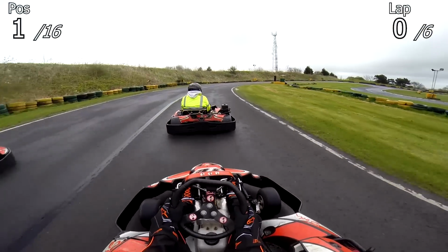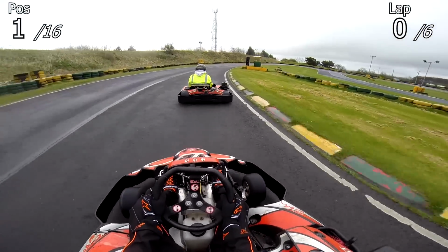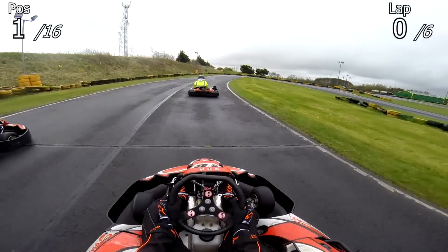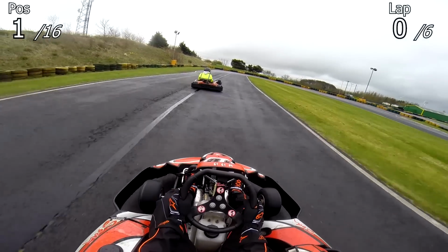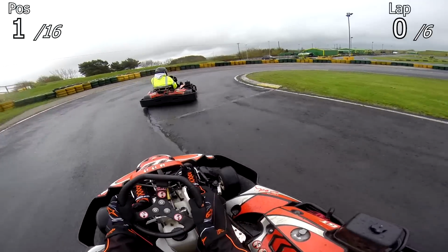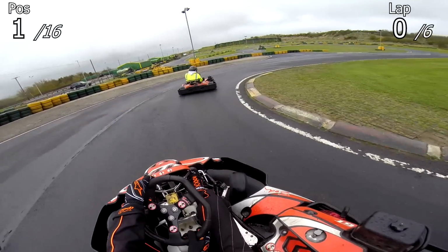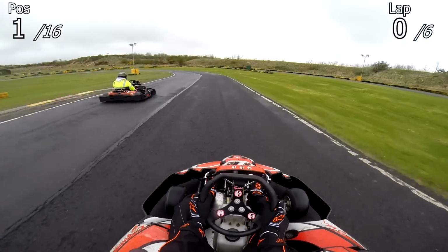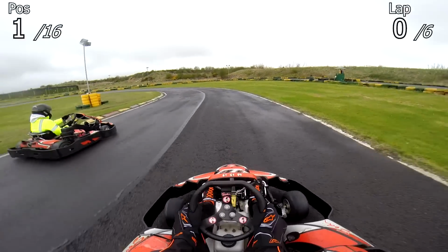Now I'll also explain why there's only 16 people in this race when normally we're closer to 30. I'll explain that during this race. But because I won the previous race, I am starting on pole position here. So I've won these heat races before. In the previous episode I was talking about how I'd never won a final. When it comes to these heat races, I have won these before, so I'm not sort of